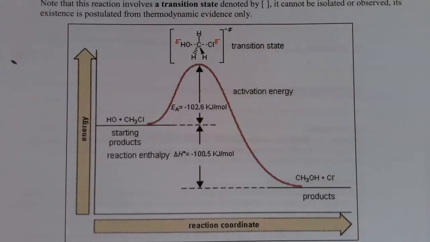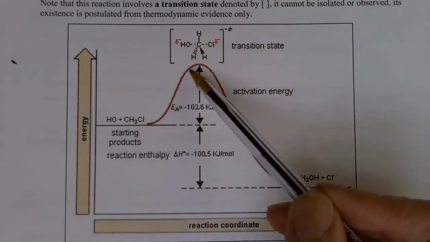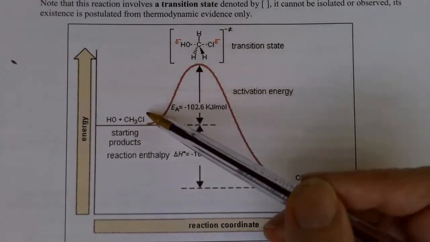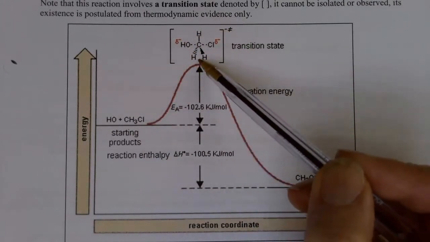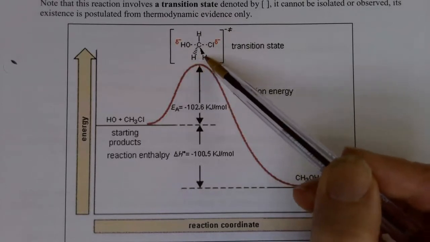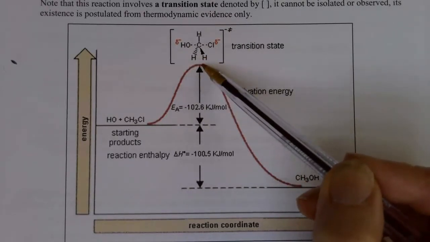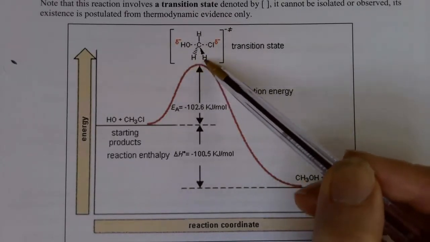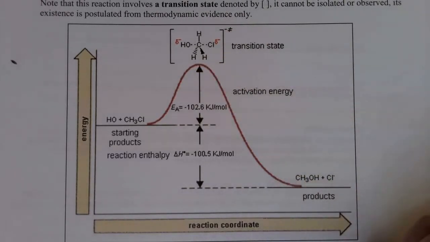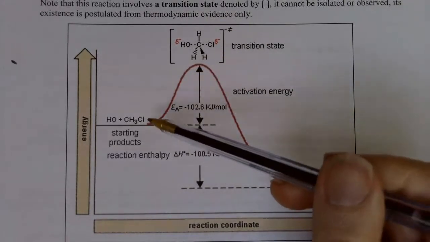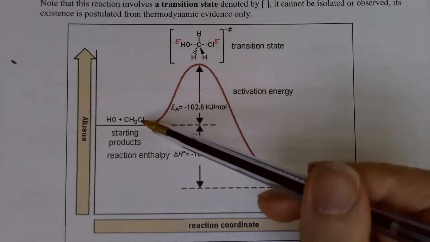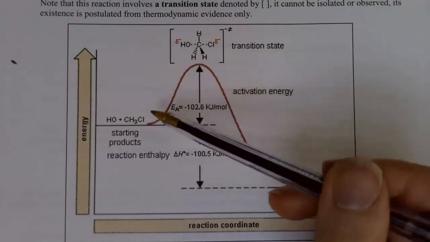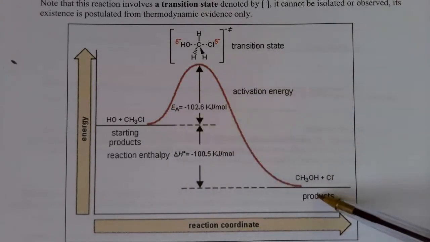So if we look at what that means on a reaction profile, you'll notice that it's only one step, and it goes via this transition state. The transition state is up the top of the peak. It can't be isolated or observed. It is simply an arrangement of atoms that we're going to postulate from thermodynamics. There's no intermediate, so there's no double dip, if you like,